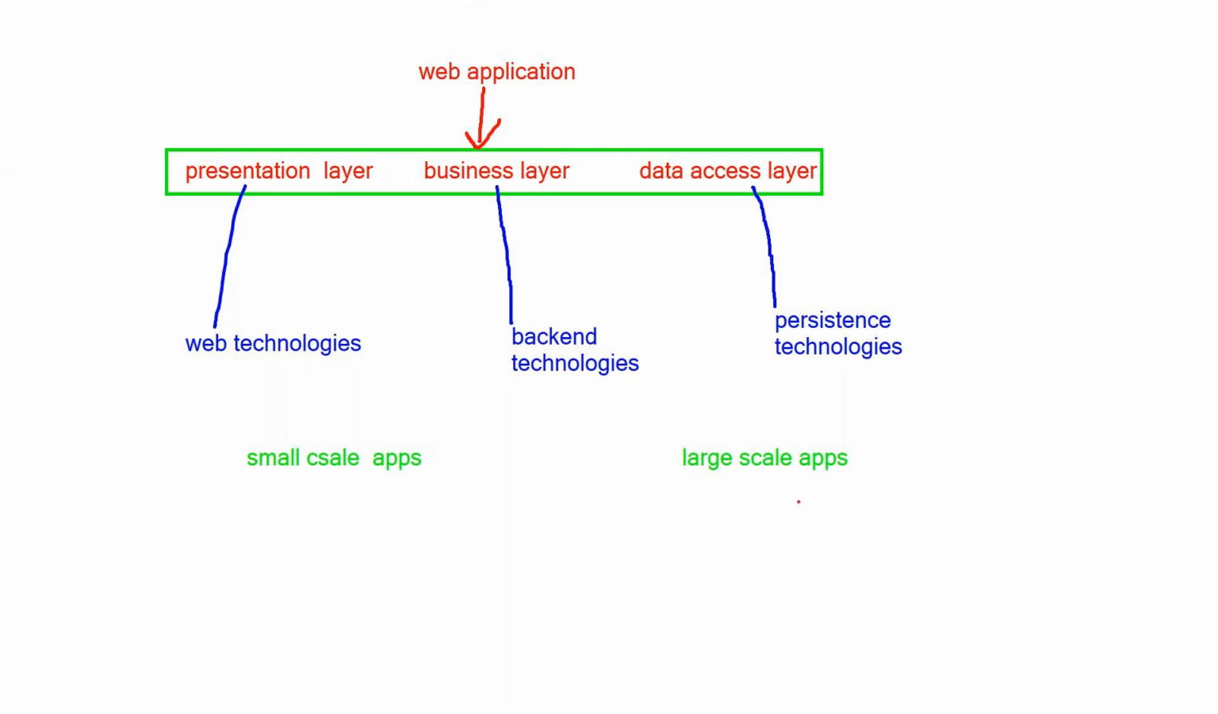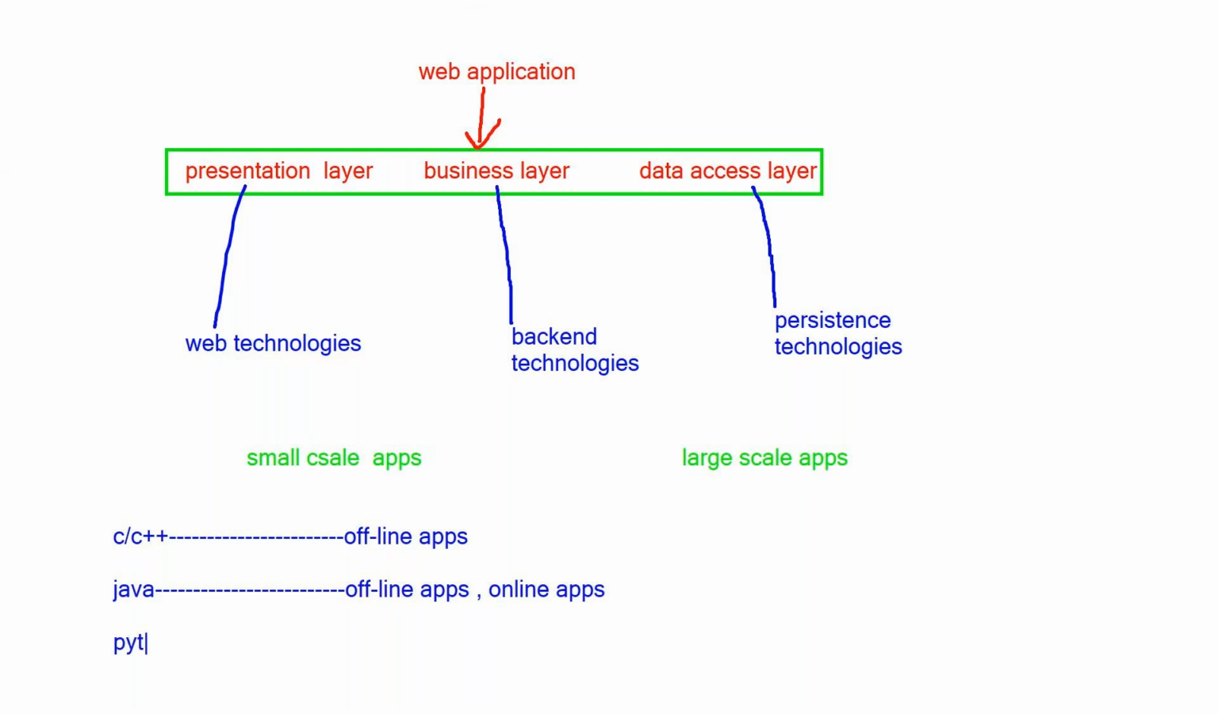If you take C or C++, they will be used for developing only offline applications. And if you go to Java, this will be used for developing offline as well as online applications. When we come to Python, Python will be used for developing offline apps, online apps,